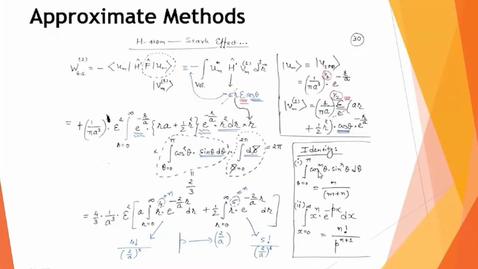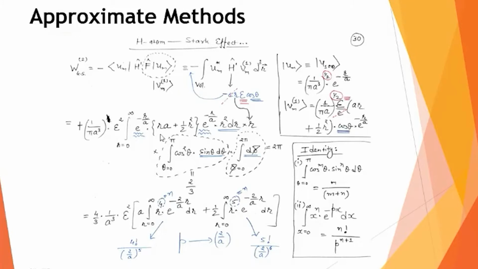There is the standard integration of cos raised to m theta multiplied by sine raised to n theta. When I integrate between 0 to pi, the standard integration is m upon m plus n, where m is the power of the cos function and n is the power of the sine function. So in our case, the power of the cos function is 2, the power of the sine function is 1. So it will be something like 2 by 3. So this 2 by 3, times 2 pi, which comes from the phi part of integration, will make totally 4 pi by 3, which I will take outside.